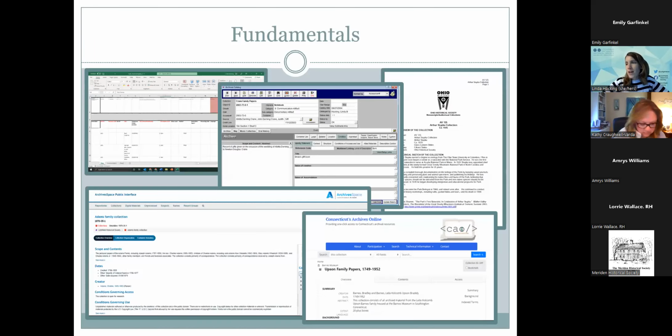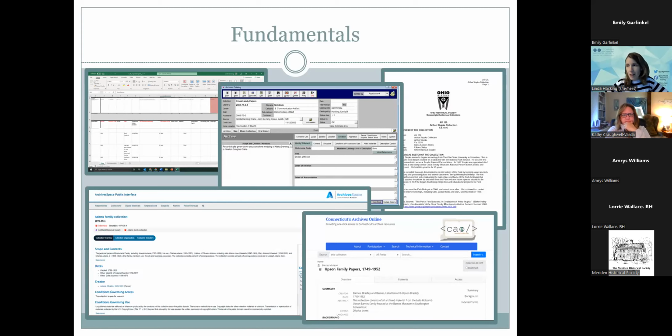So we're here to talk to you about how to arrange and describe your material and about what information your description should contain. So nothing we will tell you today is specific to whatever platform you use. These are principles for archival description and guidelines for what it should contain, and they will apply regardless of whether you choose to describe your archives in paper finding aids, a card catalog, a MARC record in your library catalog,